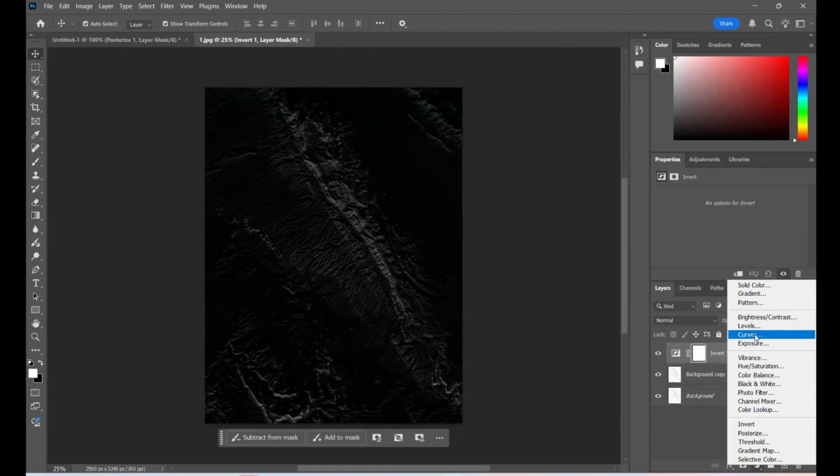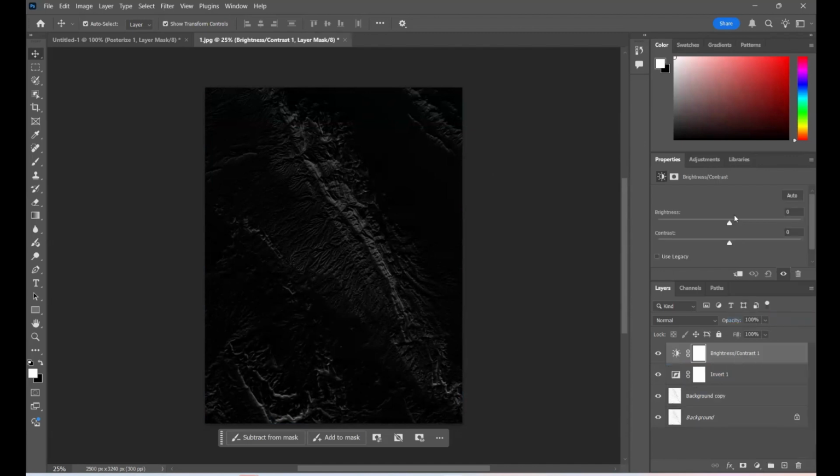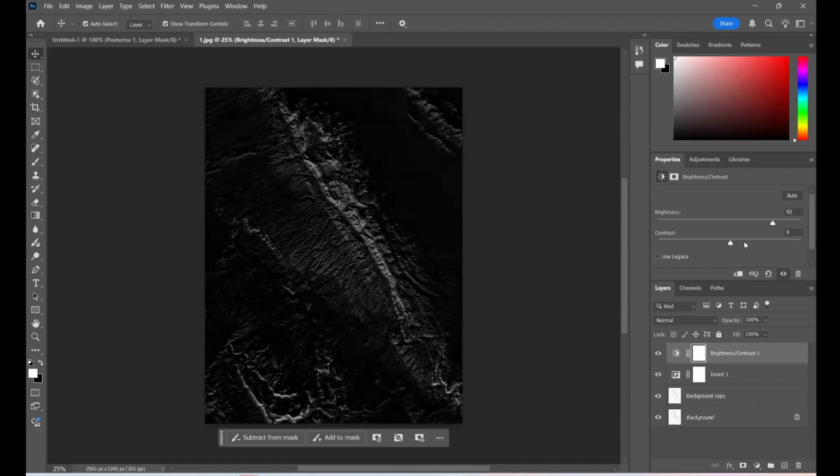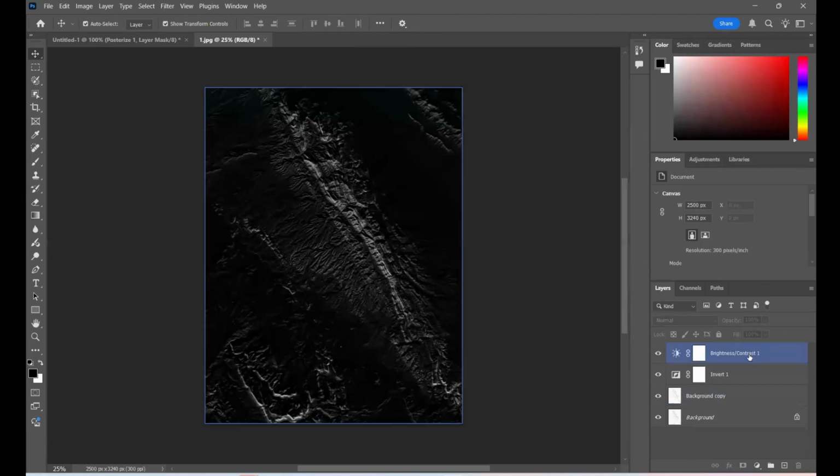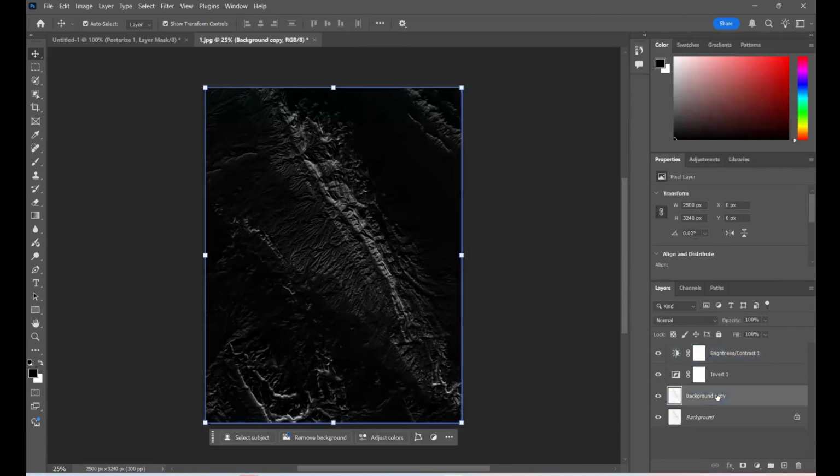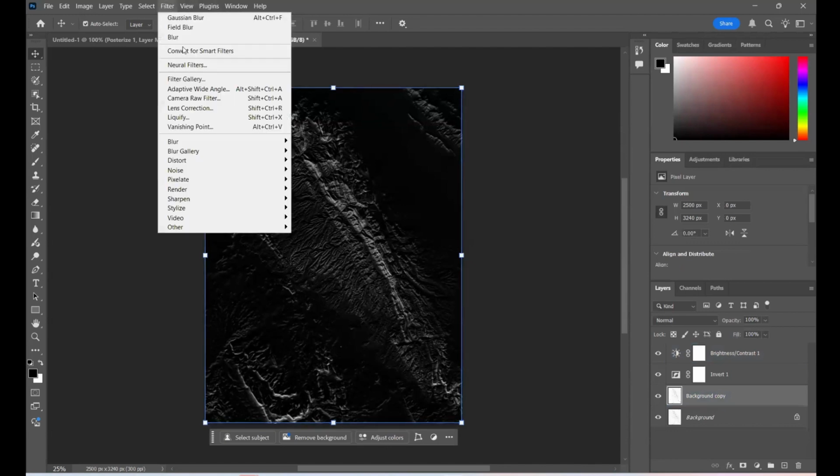Then I'm going to go ahead and edit the contrast a little bit. I'm going to go into brightness and contrast. And I can increase the brightness a little. I can increase the contrast ever so slightly. And what I'm going to do now is save an image that looks like this for our Rhino demonstration. And then I'm also going to select this layer, and I'm going to go into filter,